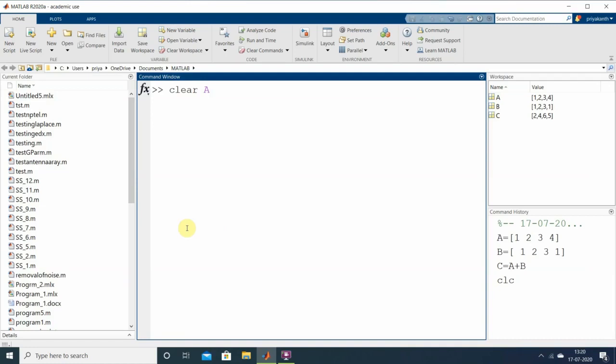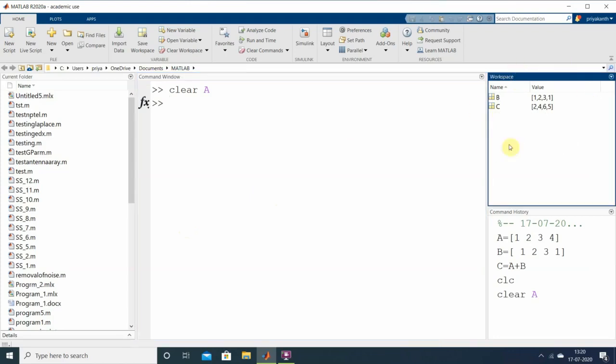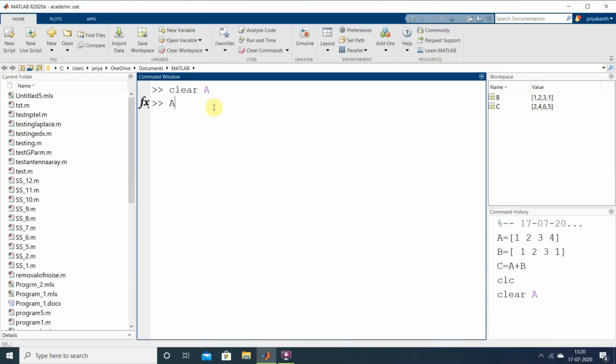That means small a and capital A are different. So clear capital A is going to clear that variable capital A, and you can see that it has been eliminated from the workspace. And if you try to know the value of the variable A, you can see a message that this is an unrecognized function or variable.